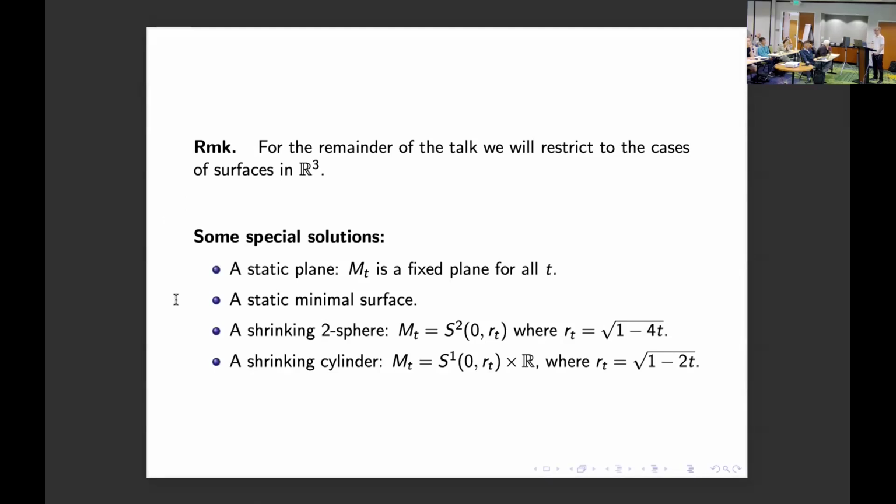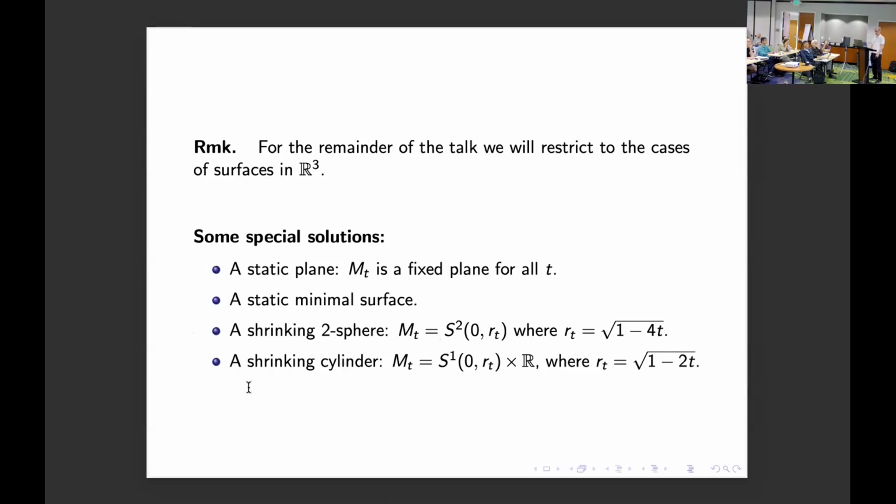The next generalization of that is a static minimal surface, a minimal surface that just sits there, since a surface is minimal if and only if the mean curvature is 0. So maybe the first interesting example is the shrinking round sphere. If you have a round sphere, the mean curvature points inward, so it tends to shrink. That makes the curvature get bigger, so it shrinks even faster. And you get a solution by taking a sphere centered at the origin. The radius at time t is given by the square root of 1 minus 4t. So that starts with radius 1 and goes to radius 0 as you approach t equals 1/4.